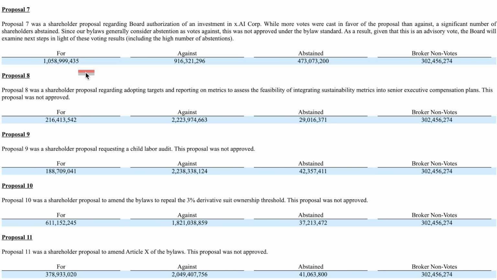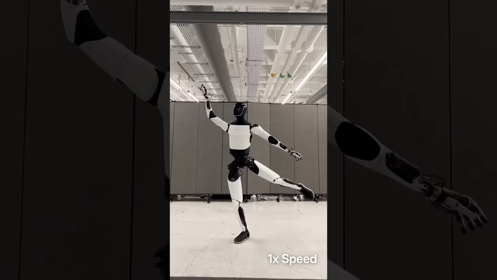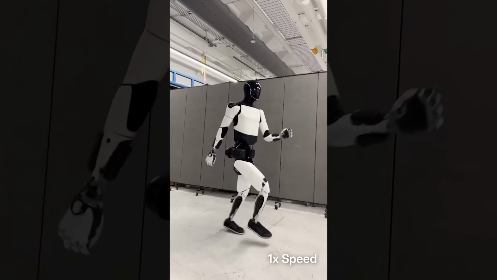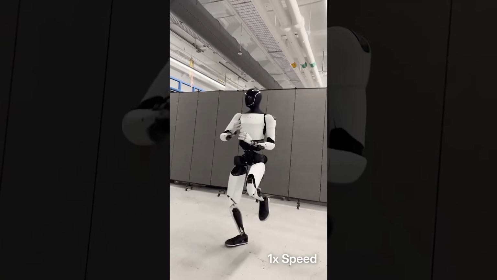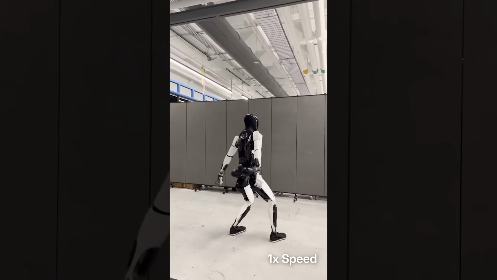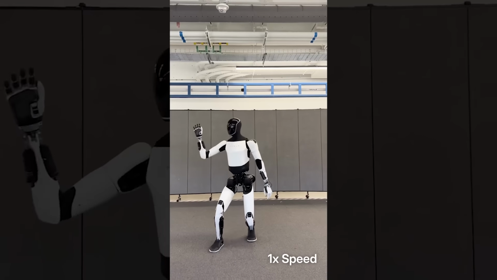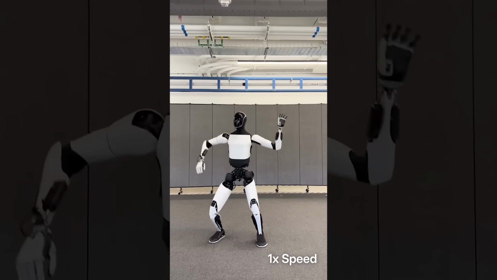And for the proposal for Tesla to invest in xAI, in this case, there were about 142 million shares more voting for than against, but the problem is we had over 470 million shares either abstaining or they were broker non-votes. And just so you know, those broker non-votes are when a broker like Fidelity or Schwab can't actually vote on certain proposals because they don't have the authority from the actual shareholder. And those non-votes are classified differently than a shareholder just abstaining. The latter is when a shareholder would skip voting on certain proposals. For example, if I were to vote on 13 out of the 14, I would be abstaining from one.